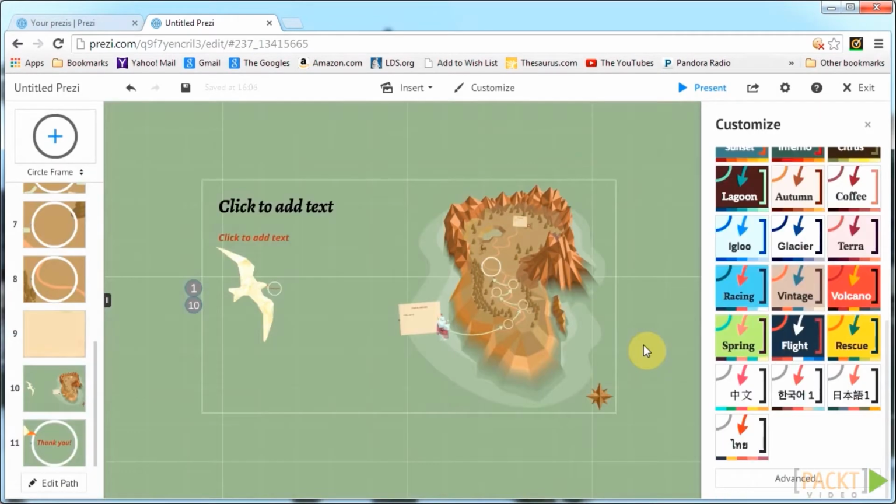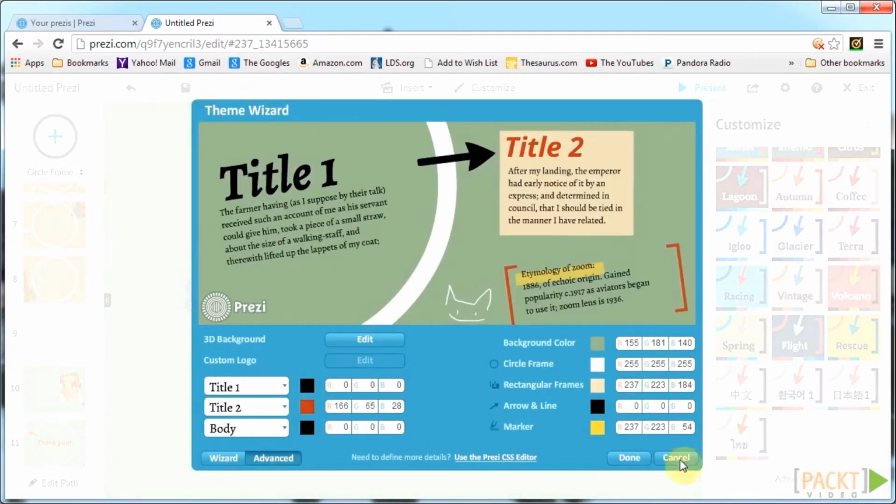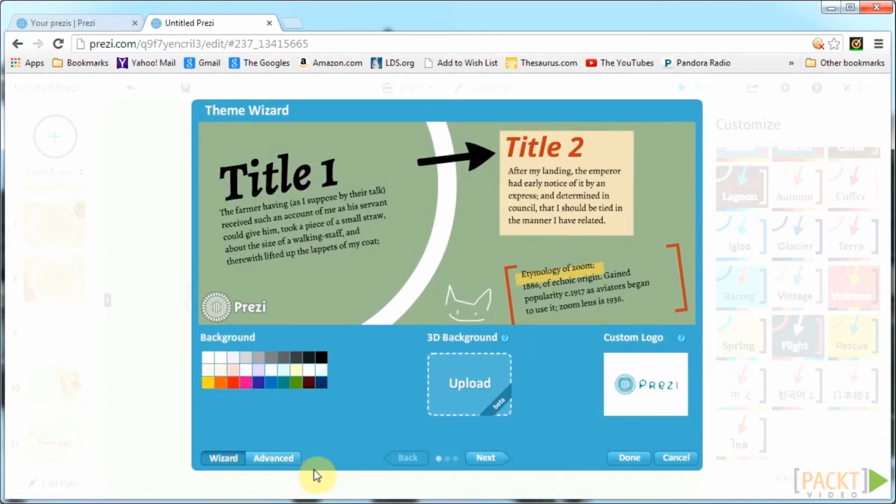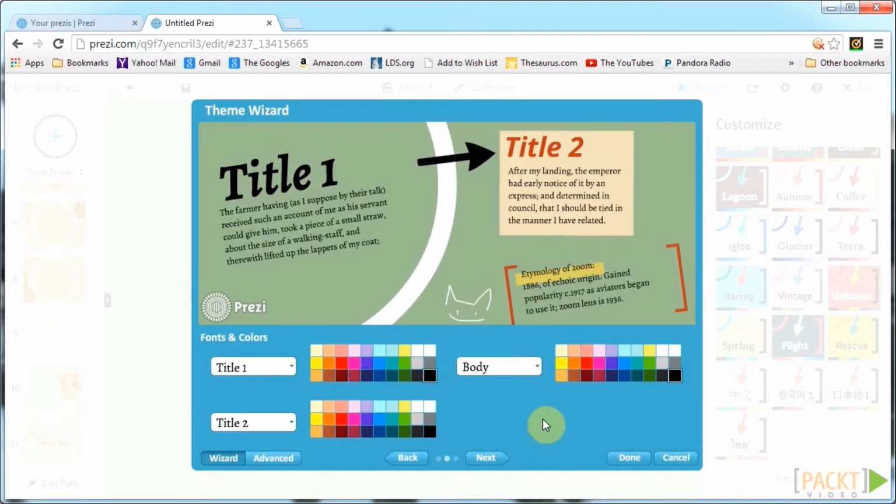If you want to customize your theme further, start by clicking the Advanced button. By default, it'll send you to the Advanced Theme Wizard. Let's go with the basic theme wizard for now. From here, you can do things such as changing the background color, uploading a 3D background, which we'll be covering more in a later module, add a custom logo if your plan allows for it, change the fonts and colors